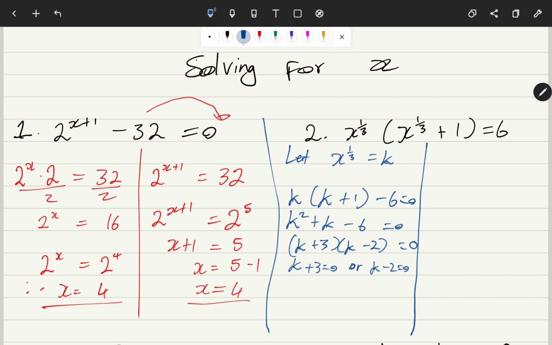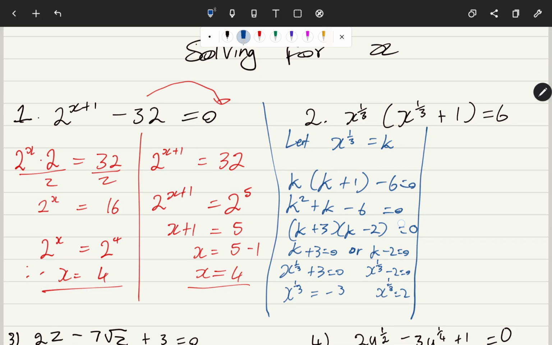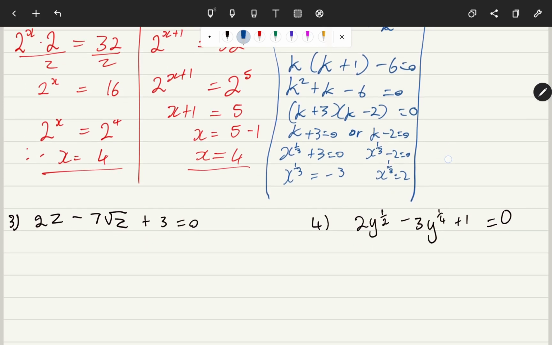But remember, you said k is x to the power of 1 over 3. So x to the power of 1 over 3 plus 3 equals 0, and then you have x to the power of 1 over 3 minus 2 equals 0. That means x to the power of 1 over 3 is equal to minus 3, and x to the power of 1 over 3 is equal to 2. Right? From here,